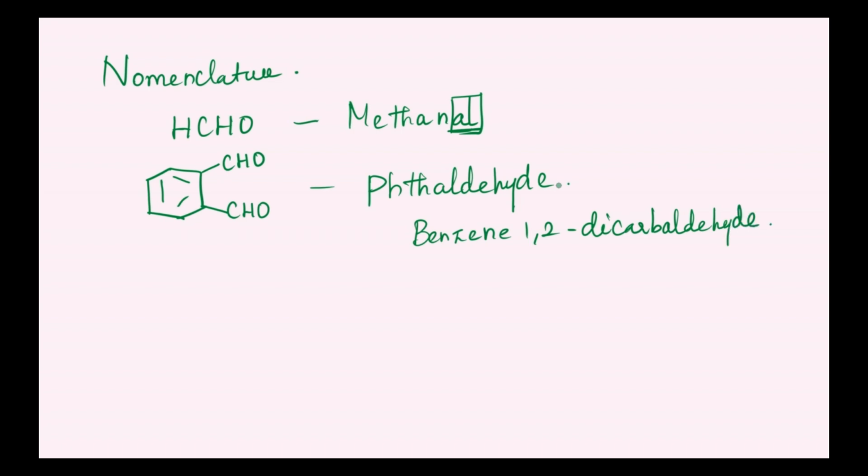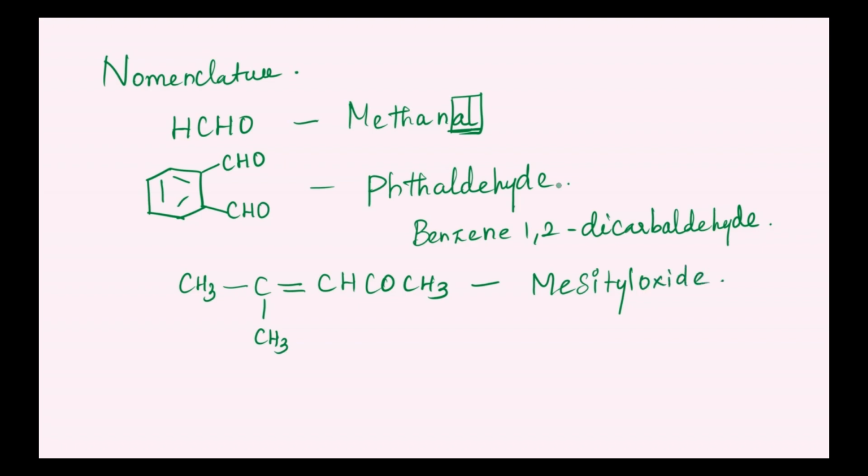Okay, what about ketones? Let me take a ketone like this. What about this? It has a double bond as well as a keto group. This ketone is called mesityl oxide. I'm telling you the famous ones, and questions can be asked from this part. So I don't want to go into the simple ones which you know already. This is mesityl oxide. IUPAC name: 4-methyl,